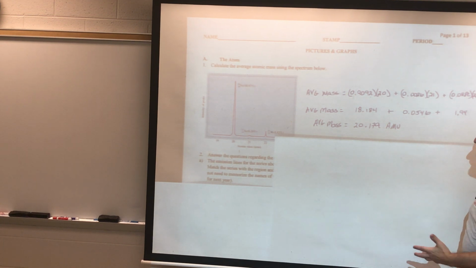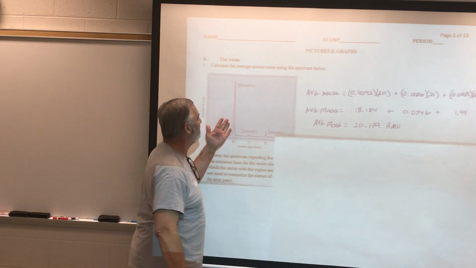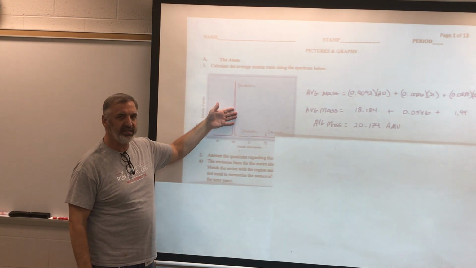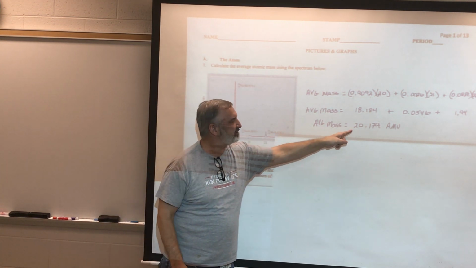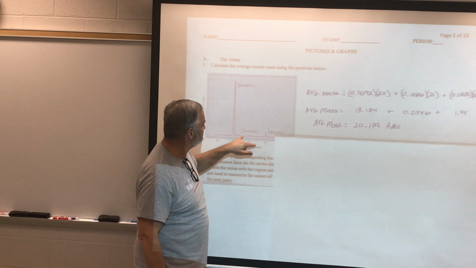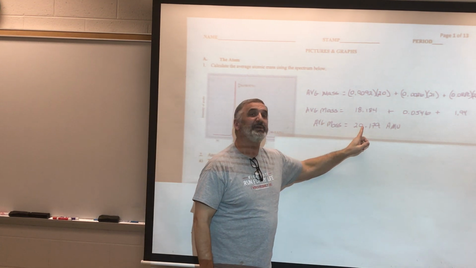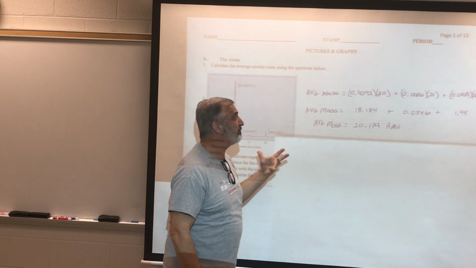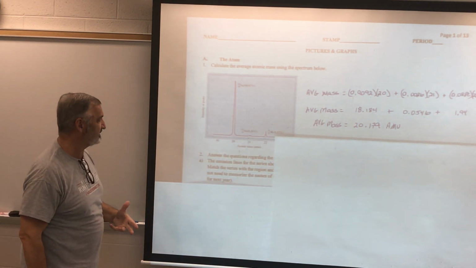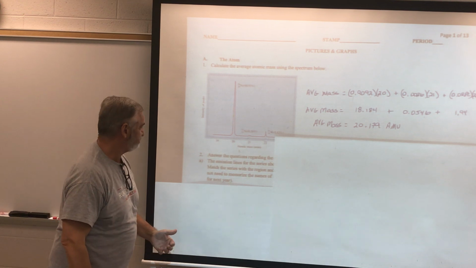the average. Now notice again, since it's an average based upon abundance, since the majority of it's neon 20, the average comes out closest to 20. You have just a smidgen more of the heavier ones, so as a result, it's just a little bit more than 20, but not much. It's an average based upon abundance. Okay? So, now,